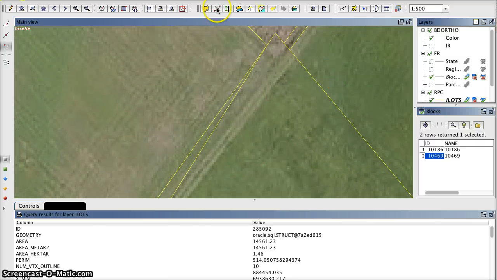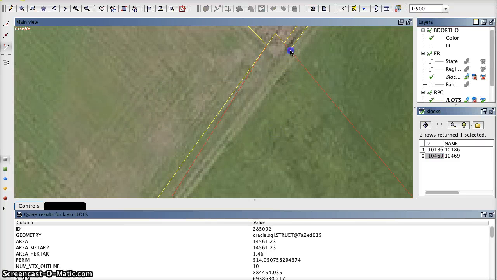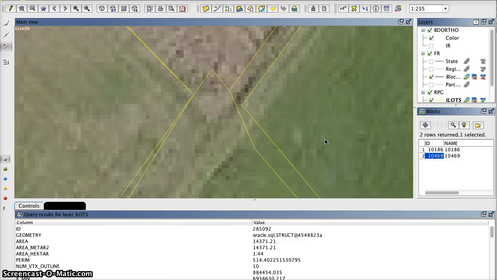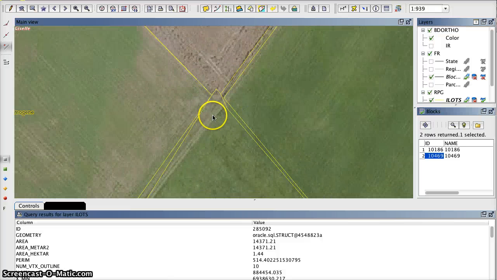The same situation will be here. It's too many shared vertices. So while clicking the polygon, hold Ctrl, click inside, confirm, right, Ctrl and right click, finish the editing. Here are too many vertices. I can go inside, or there is another option that I will simply cut off the part of the polygon,